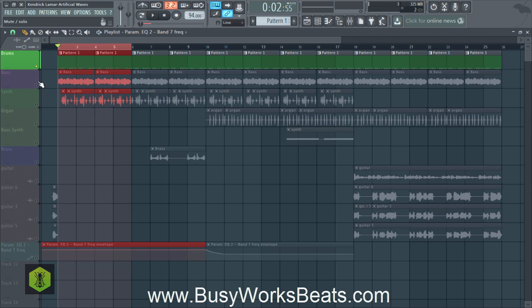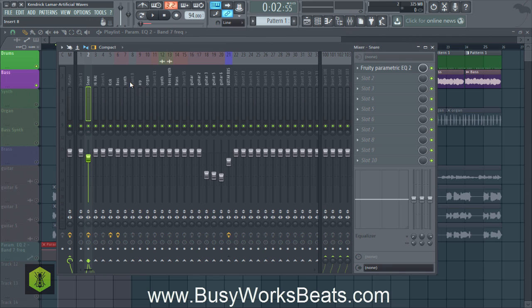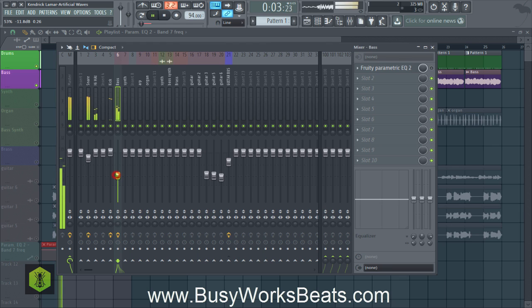Okay, so now we're going to move on to the next element, and now we're going to unlock the bass. And you can see how mixing starts from top to bottom. It's very organized. So we're going to go one by one until we mix it off. So this one's very loud. We're going to pull that down because we want the kick and the snare to be the loudest. Now you can see the audio is very wavy, kind of going left and right.